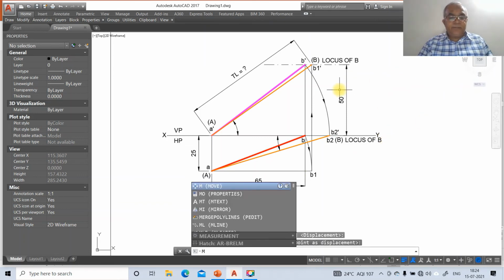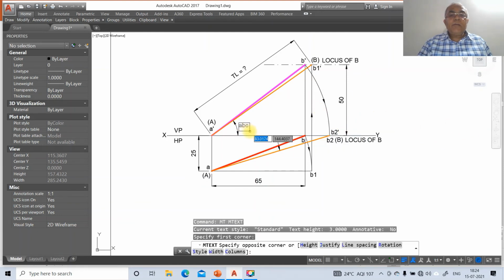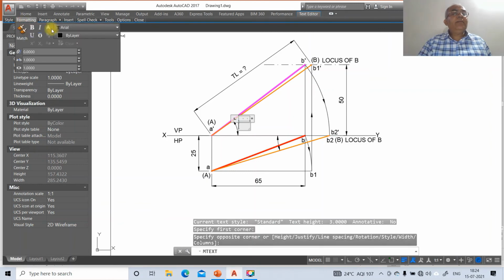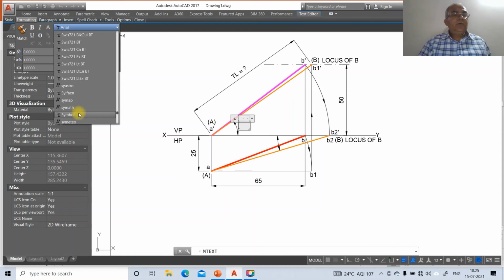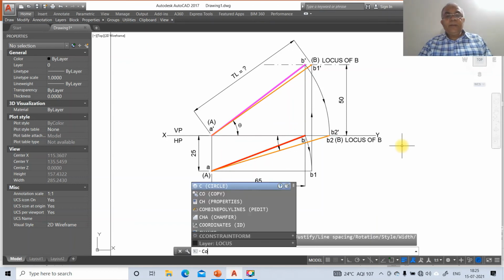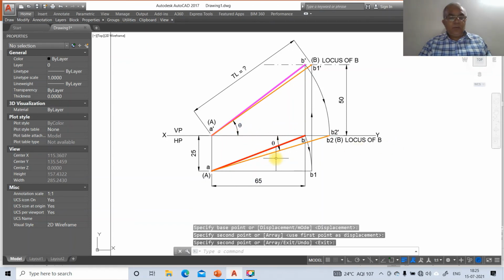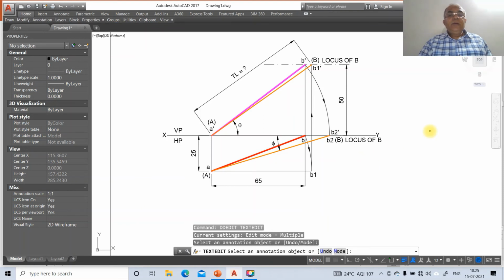Then go to M text. So here, then you go to formatting, go to symbol. So select this, put up the caps lock and type theta. So then go to copy, select this and you mark this here. Then go to DD edit. So you mark this as F, small f.